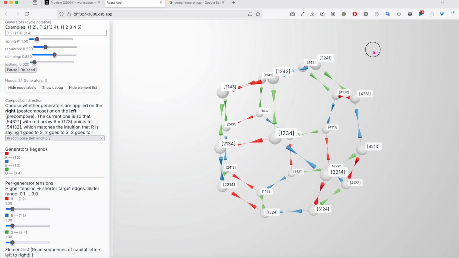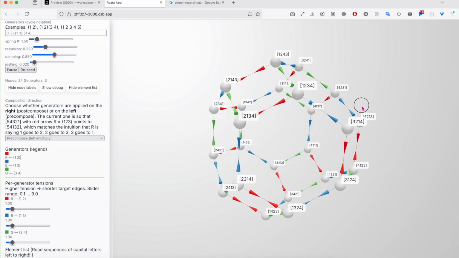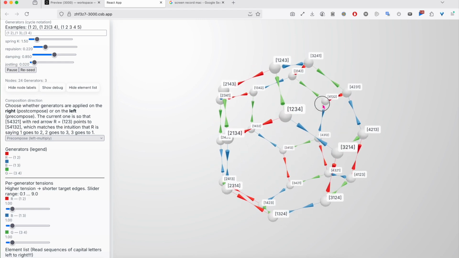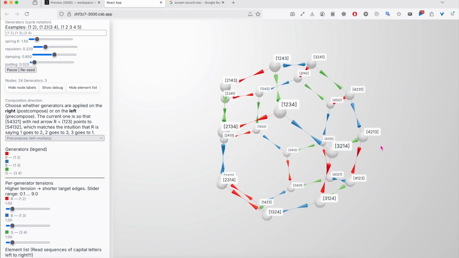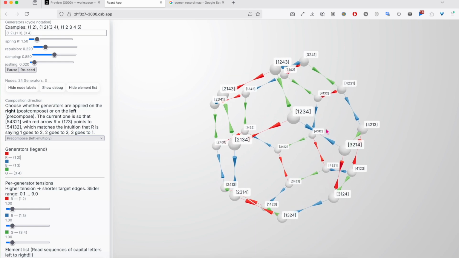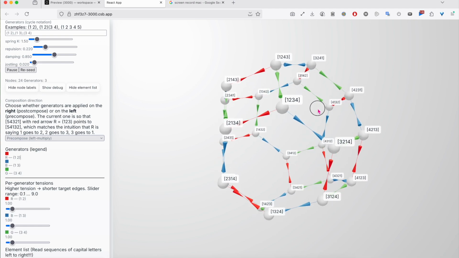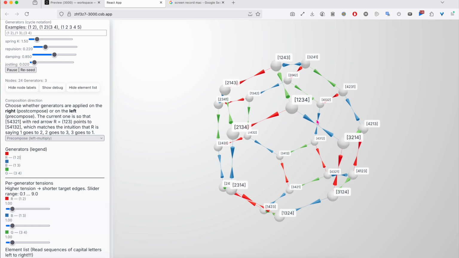A natural question, given this starting list 1, 2, 3, 4, and these three rules, is what are all the possible lists that I can reach? And the picture you see here that I am moving around precisely answers that question. This is an example of a Cayley graph, where the nodes are lists of numbers, and the action of the group is